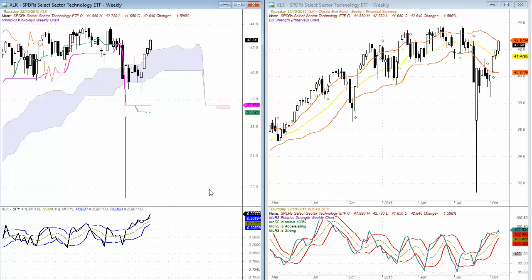Looking to the sector ETFs next, and the technology sector is one on the weekly charts that is continuing to trade up above the Ichimoku cloud and the Kijun-sen and the Tenkan-sen, just testing around the top of the bands on the right hand chart here. A strong bullish breakout and strong bullish follow through would see this sector transition into a strong bull market, and it has been transitioning over a period of time after some very strong selling about a month or so ago,